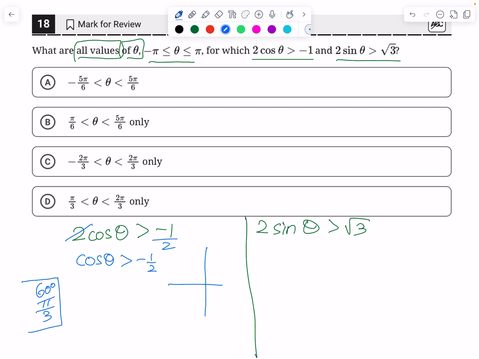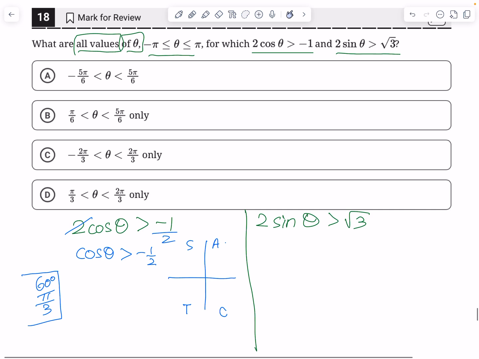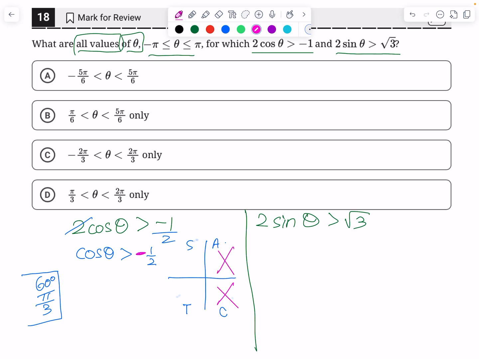So now let's set up the unit circle, the quadrants. So we have all students take calculus. That's a mnemonic device to help you to remember what is positive in each of the quadrants. Here, everything is positive. Here, sine is positive. Here, tangent is positive. And here, calculus, cosine is positive. So going back to the problem, we see here cosine is negative. So it cannot be in this quadrant, it cannot be in this quadrant, and so it's either in quadrant 2